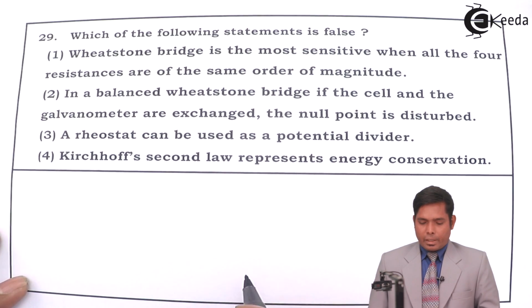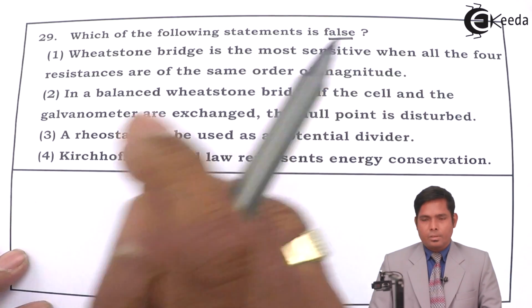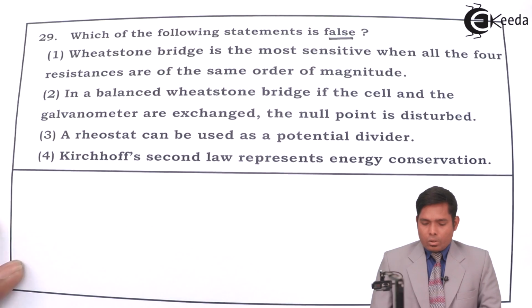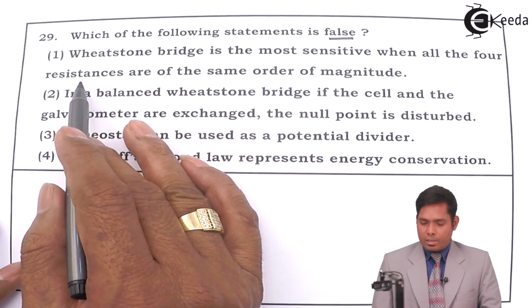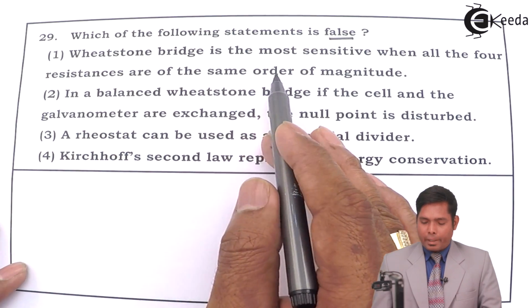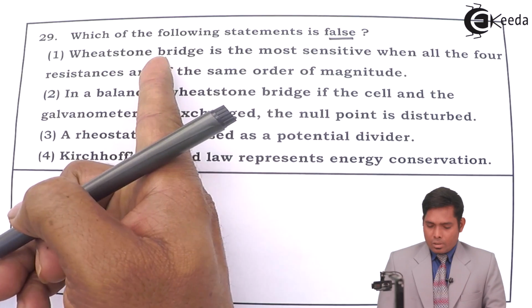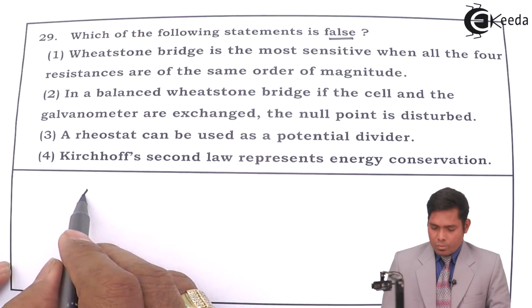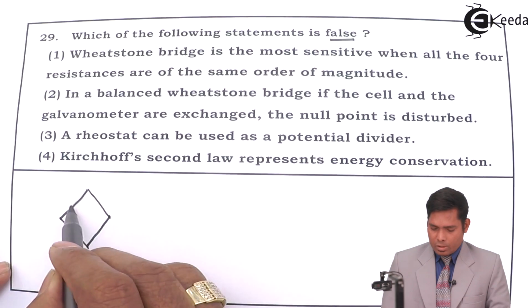Question number 29. Which of the following statements is false? So you have to find the false statement, not the true statement. Wheatstone bridge is the most sensitive when all the four resistances are of the same order of magnitude. This is a correct statement, so this is not the answer, because in case of a Wheatstone bridge network of four resistors,